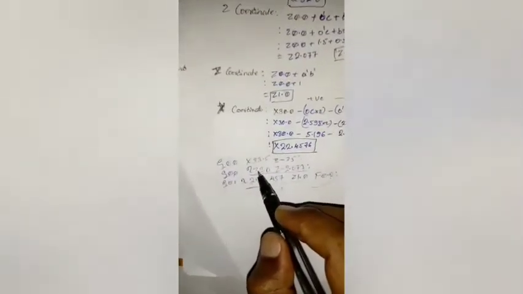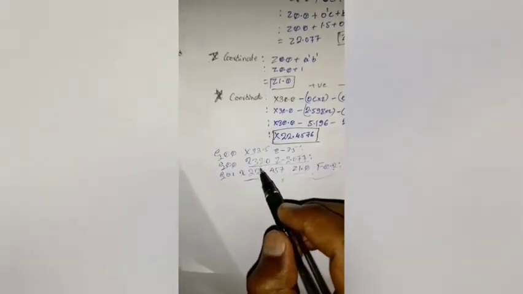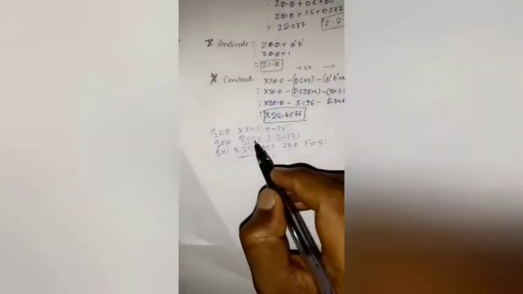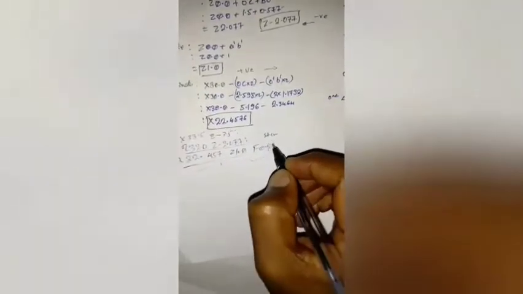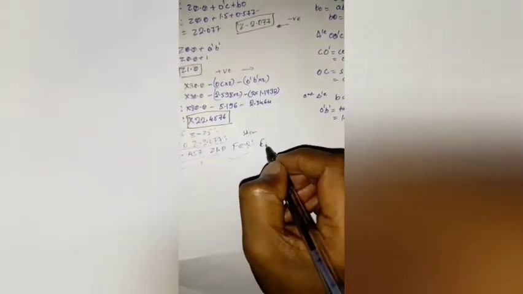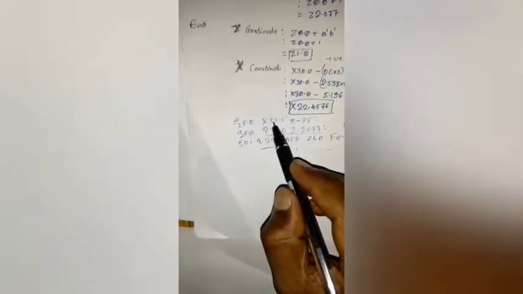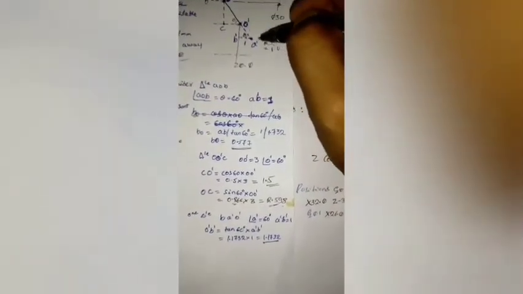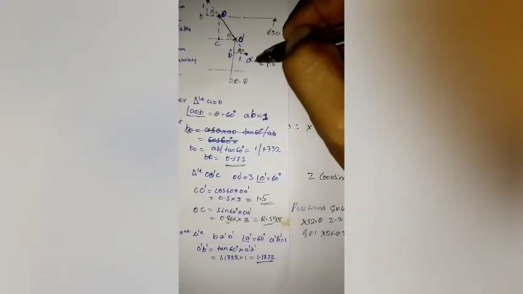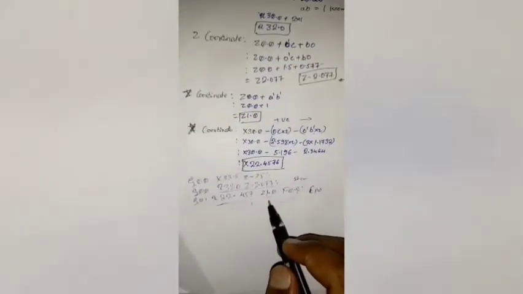So far we have found out all the coordinates. Similarly, these values are being simulated in the program block. This will become the start position. This will become the end position. Before that, I am going to consider somewhere nearby this position of the cutting tool, which I have written already. So from this, it will reach to this point. From here, the cutting tool will take the interpolation direction. Along this direction, it will cut. So it will make the chamfer.